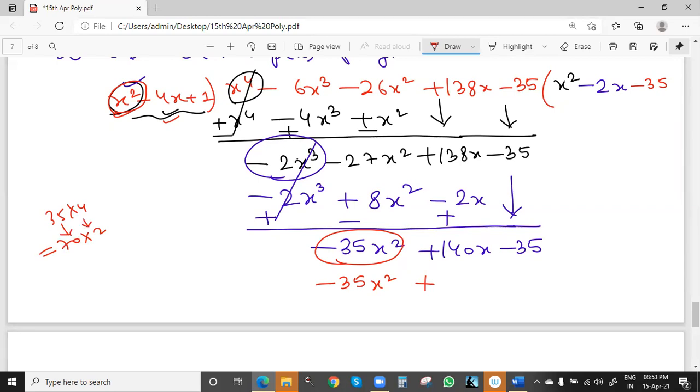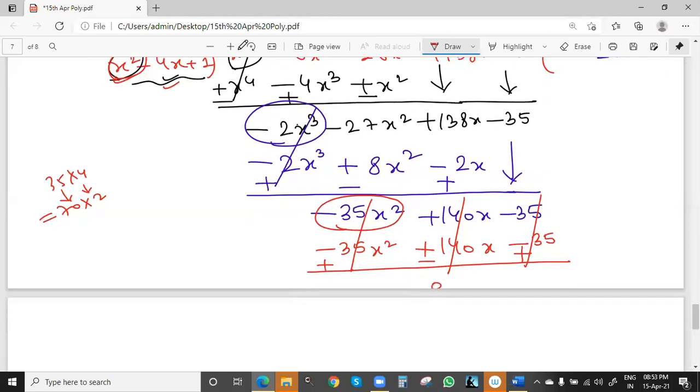140. Same, 140, right. 140 minus plus, it will divide fully. Correct. 35 into 1, 35. Then we'll do subtraction. The sign is plus, minus, plus. Cancel. All will get cancelled. Cancel 0. That means it got fully divided with this quadratic polynomial. So we can write now,